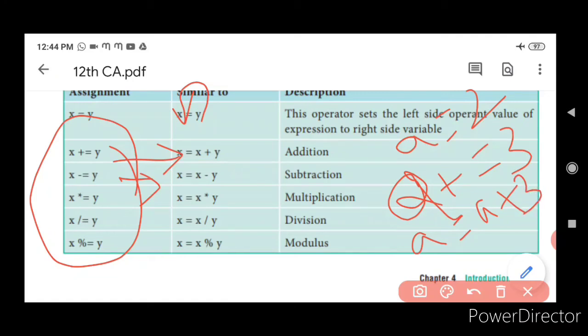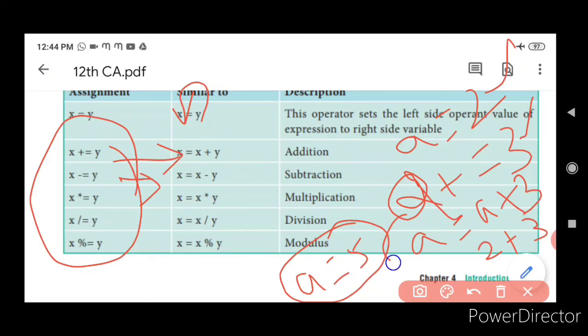What is the value of a now? It is 2. 2 plus 3 is going to be 5. Again the value will be stored back in your a. Is that clear, children?